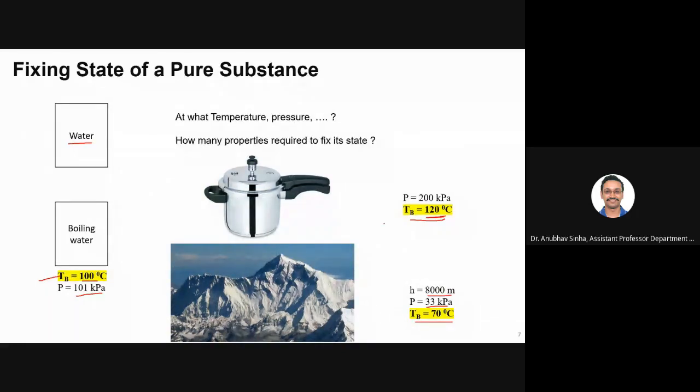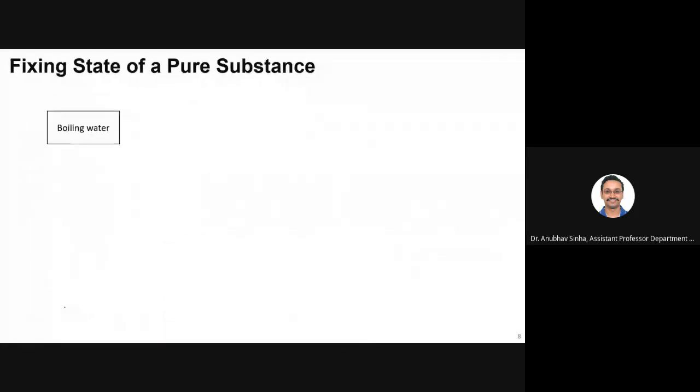So, as we discussed, we need to have either one. It is not necessary that you have temperature or pressure. You could also have, let us say, specific volume, or enthalpy per unit mass, or entropy. Any one property is required. That will fix the state of the system. Okay, so let us see what we have done.